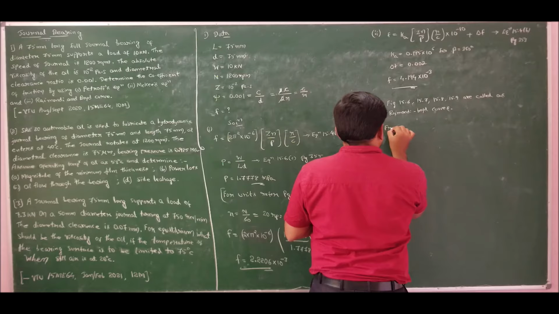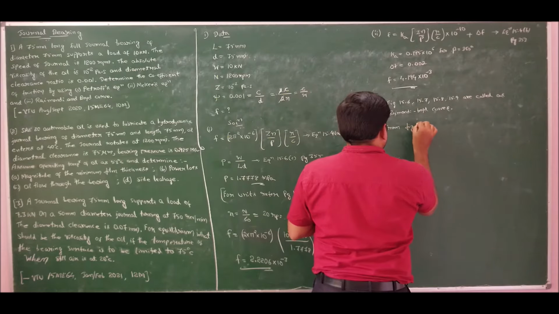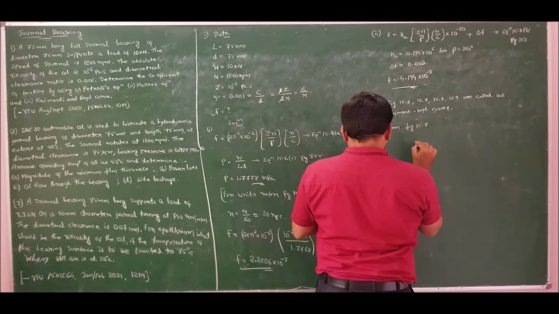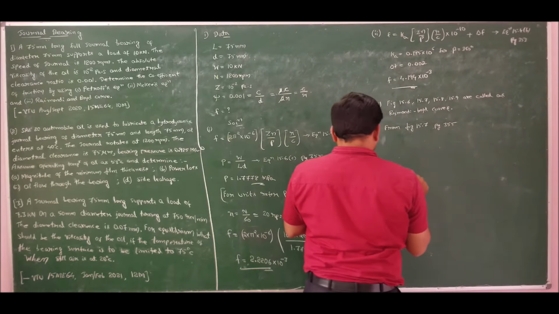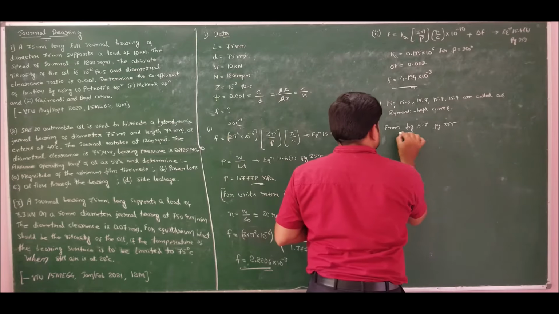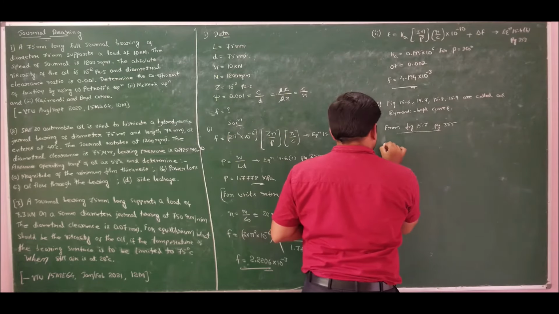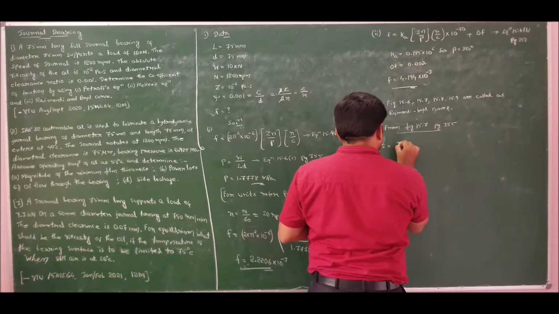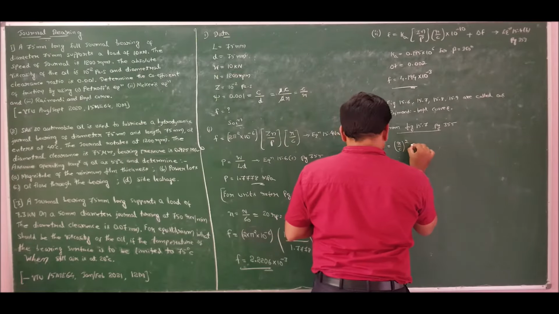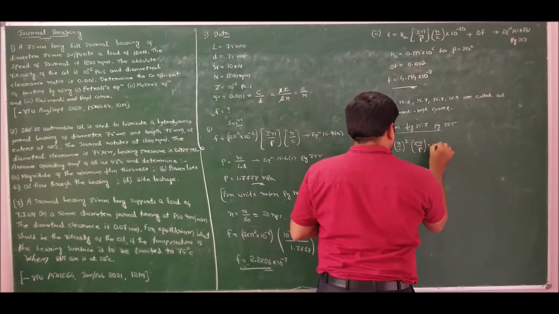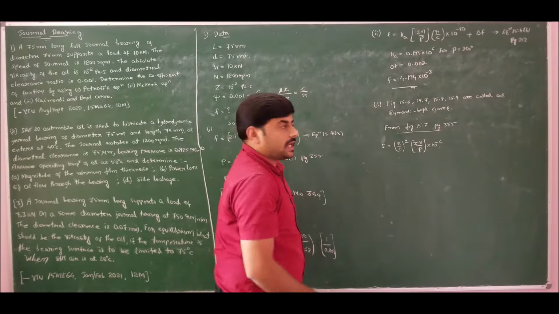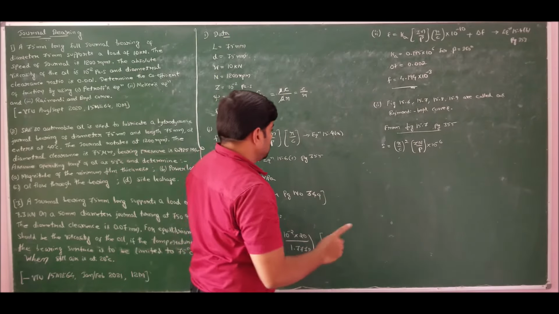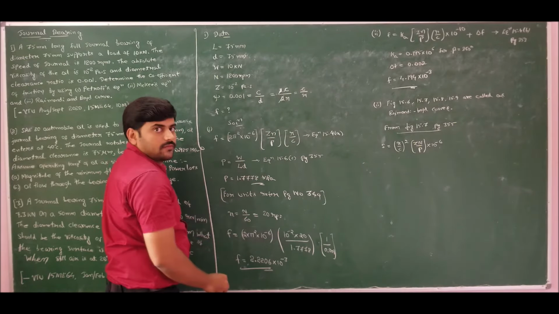So from figure 15.7, referring to page 355, we have the x-axis as Sommerfeld number S equal to (R/C) whole square into Z N by P into 10 to the power of minus 6. A very careful observation is that here we should use capital N. Capital N stands for RPM. So if you have any doubt in units, always refer to page number 349.